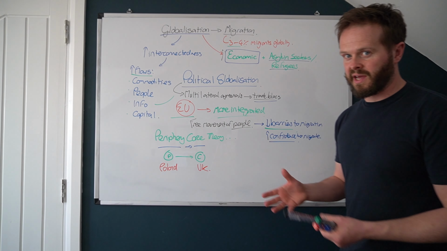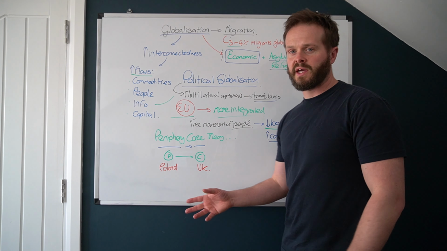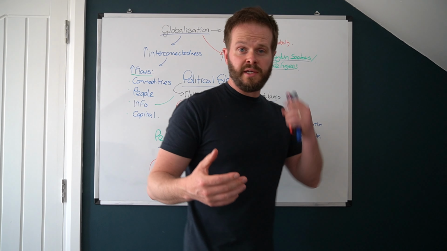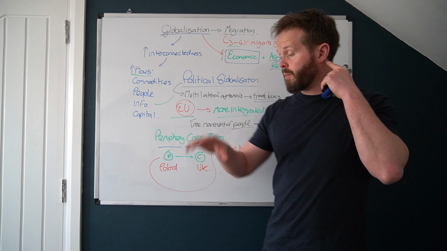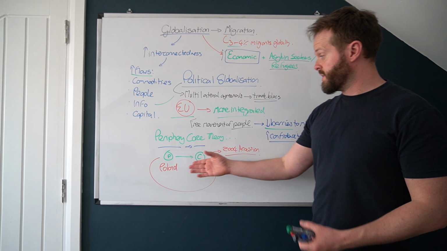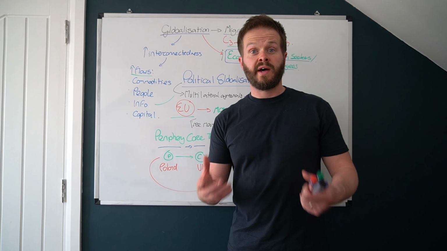Now, obviously we've got to be careful here, haven't we? So the Poland to UK example is one that we would say, historically, this has led to large levels of migration. But why was that? There was an agreement in 2004 that there would be a block of Eastern European nations that would be allowed to join the European Union. Now, within these Eastern European nations, what you had was high rates of unemployment. So in Poland, for example, in 2004, rates of unemployment were 19.5%.